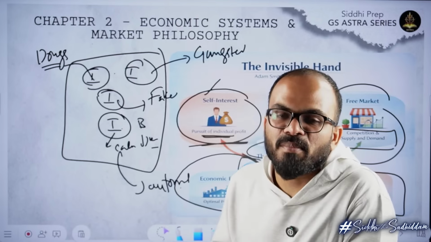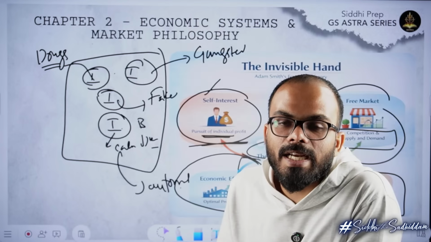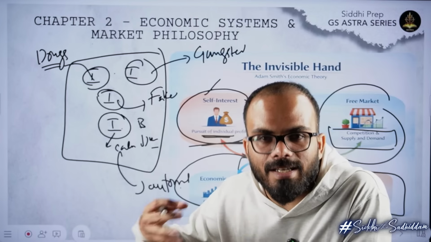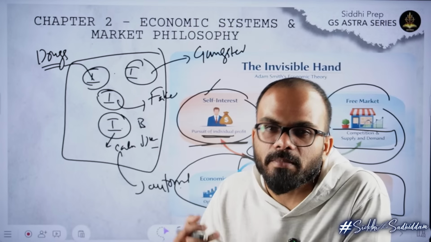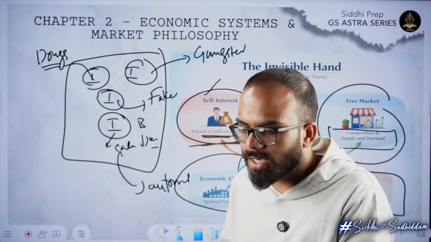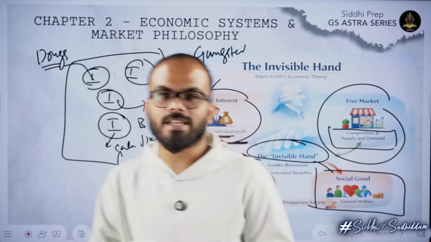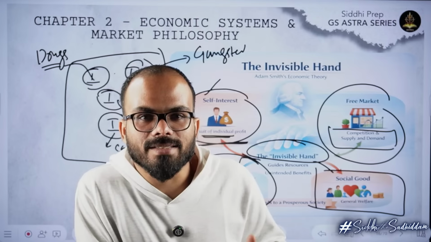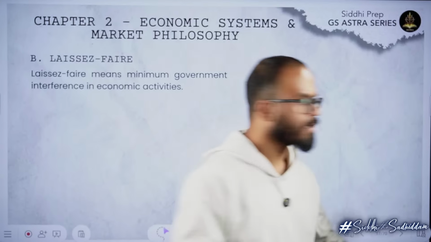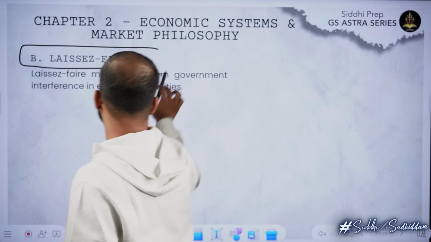So it is not always possible for the invisible hand to work, because the interests of the people are different. It is not guaranteed that everybody will think in a positive manner, or work with a moral, ethical code of conduct. That is where the invisible hand theory exactly fails, and it clearly shows that you can't provide welfare. So the next terminology that we have to talk about is the laissez-faire system.